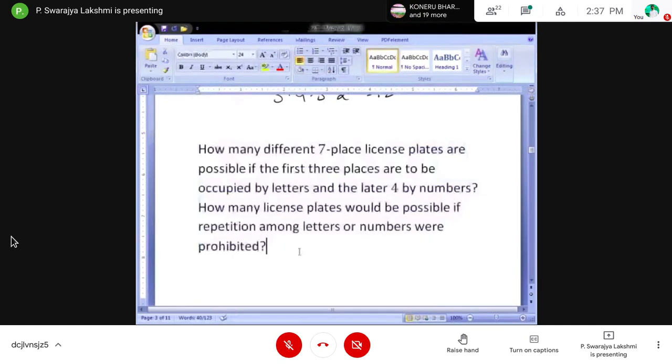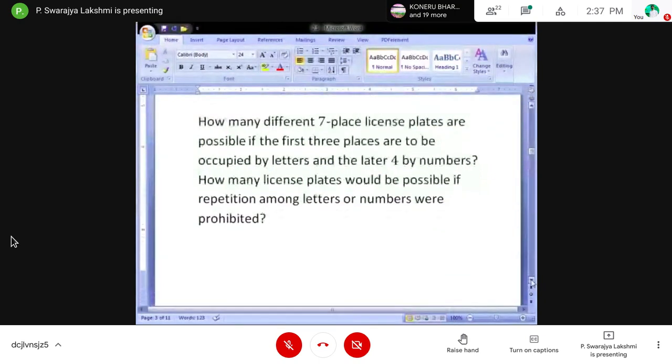See how many different 7-place license plates are possible.